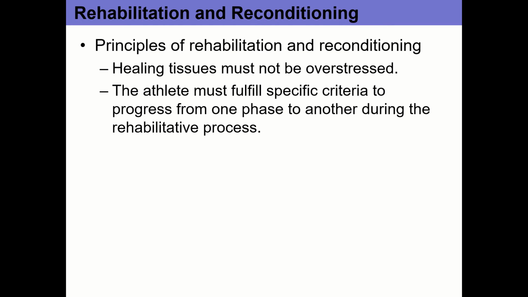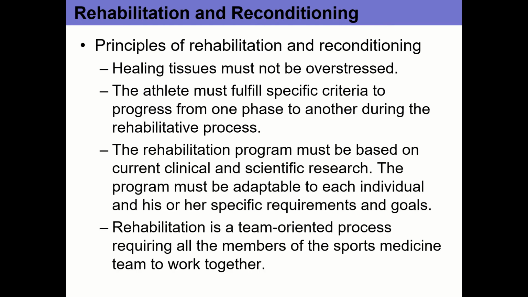And once they have sufficient strength, that's my criteria here, then I'm going to have them do proprioceptive or balance stuff. Once they're good at both of those things, I'm going to have them do maybe some plyometric stuff where they do some hops. But they can't obviously do one-legged hops if they don't have balance and they don't have strength. That's the process of rehab: once they've checked certain boxes, once the swelling and inflammation have subsided, now we can do isometric strengthening, then isotonic strengthening, and then balance, etc. That's the general process for how things work. So the program has to be based on science and all of that stuff.